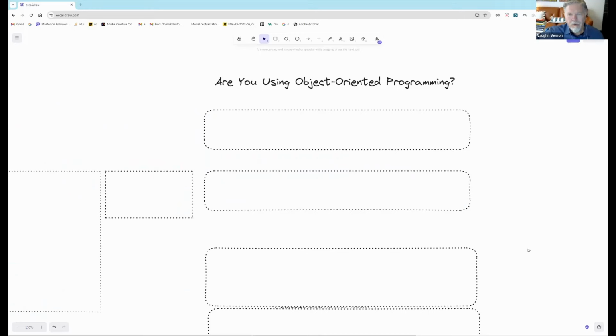So welcome to my little presentation about object-oriented programming. Are you really using object-oriented programming? I would say that probably around the time that C++ was introduced, object-oriented programming wasn't very well known at all. In fact, I'm trying to think exactly when. I think it was actually